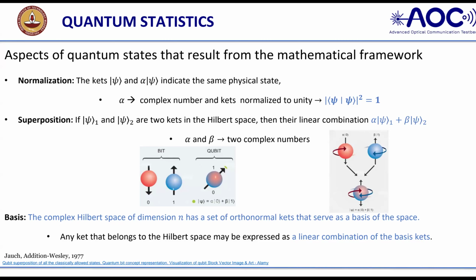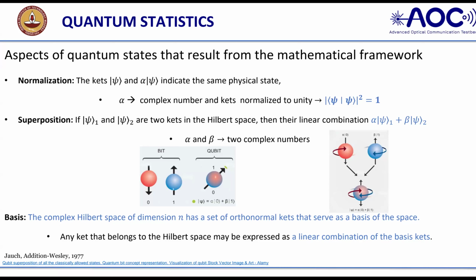Suppose I want to observe only bit 0, then with this orthogonality the probability will be mod alpha square. Similarly, if you want to observe bit 1, it will be mod beta square. Another example of superposition: alpha for bit 0 as right circular polarization and beta for bit 1 as left. The combined linear superposition of psi looks like the up and down arrow picture, equal to alpha bit 0 plus beta bit 1.